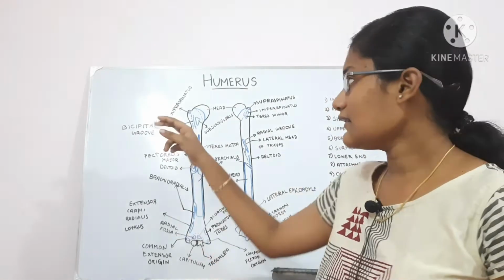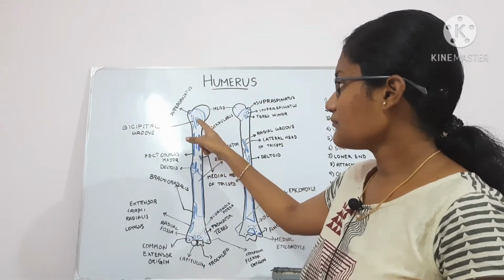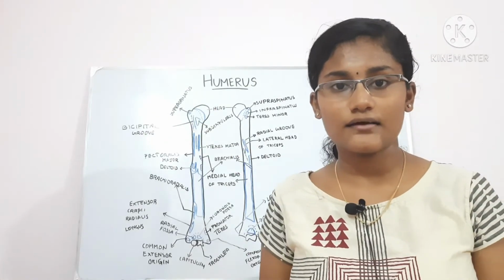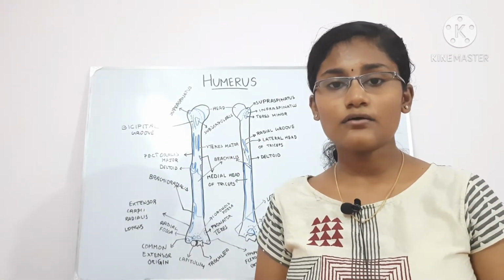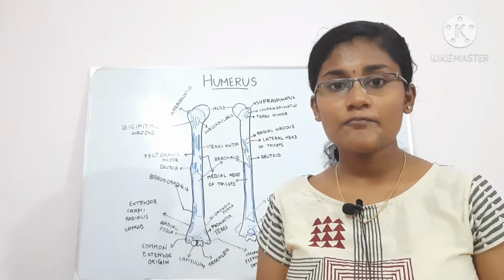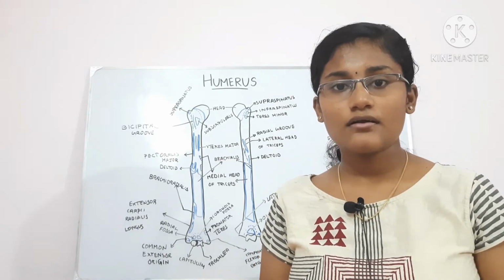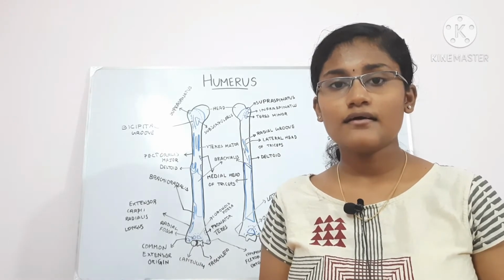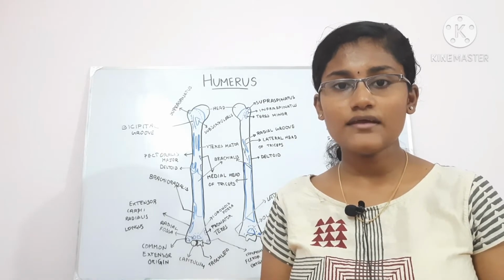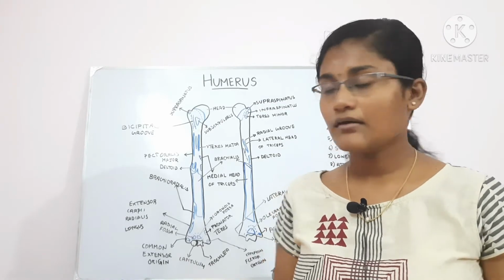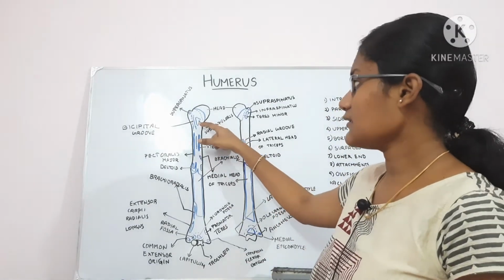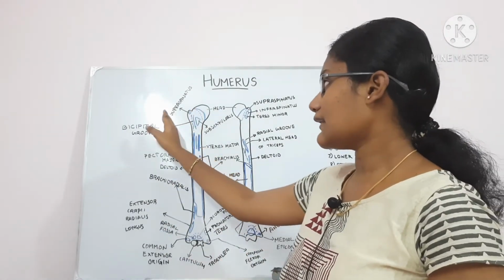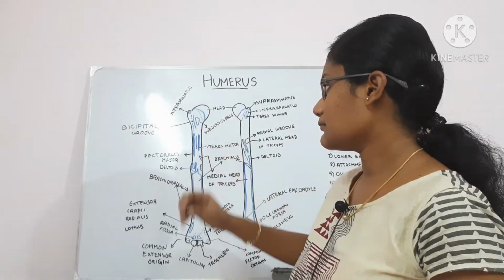Now, between the greater tubercle and the lesser tubercle, there is something called the bicipital groove or the intertubercular sulcus. The bicipital groove or the intertubercular sulcus gives attachment to the long head of the biceps brachii and its synovial sheath, and then the anterior ascending branch of the circumflex humeral artery. In the intertubercular sulcus, there is a lateral lip and the medial lip. This end has the lateral lip and this end has the medial lip.